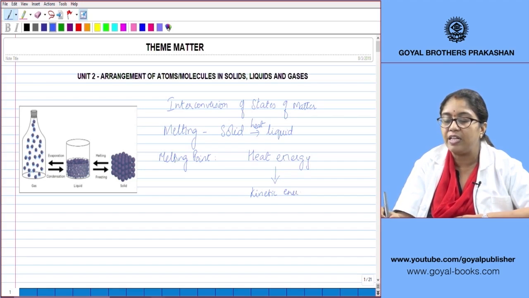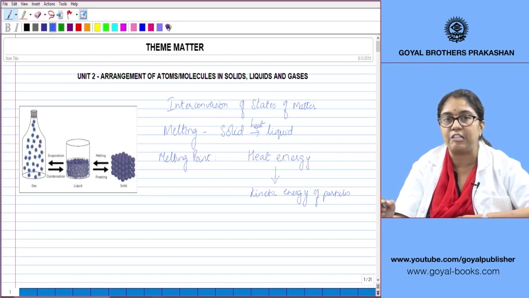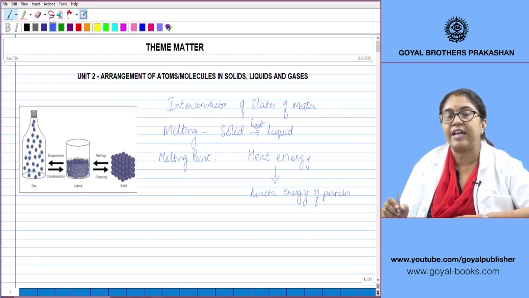The particles begin to vibrate more vigorously, and on continuous heating, at a point known as the melting point, this kinetic energy is strong enough to overcome